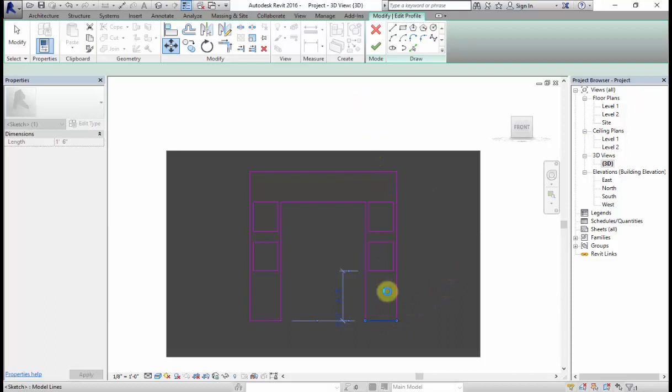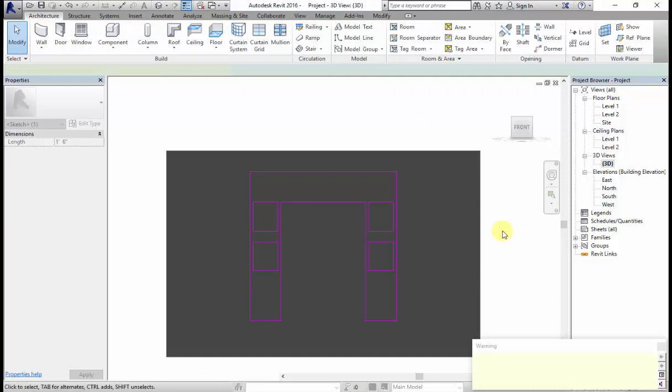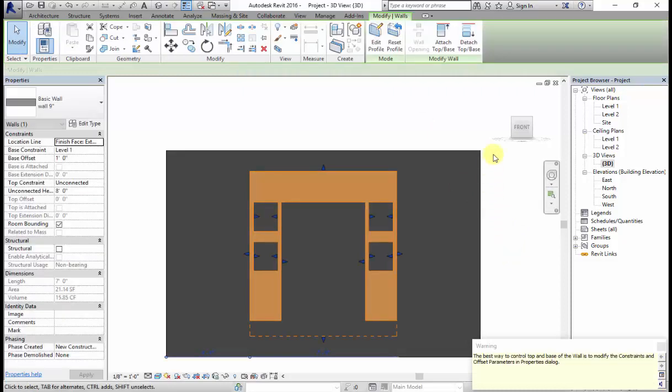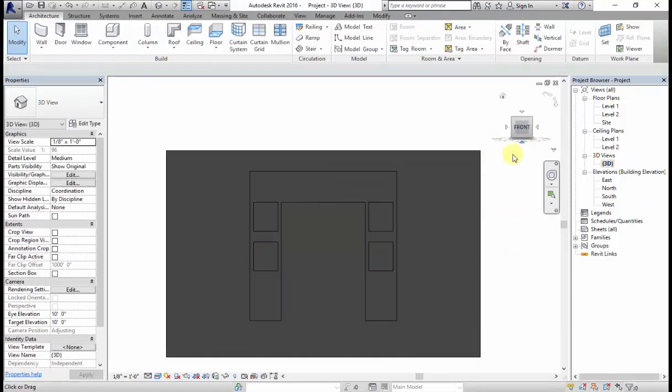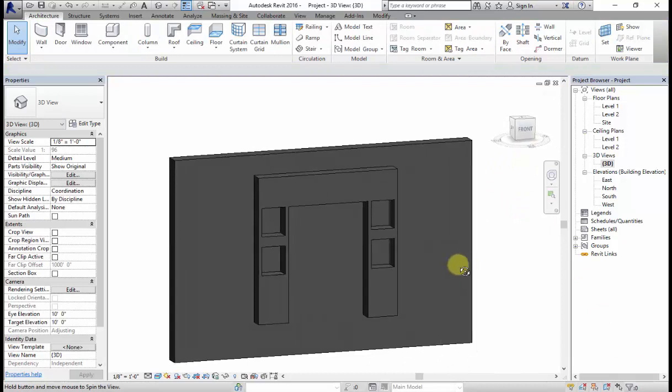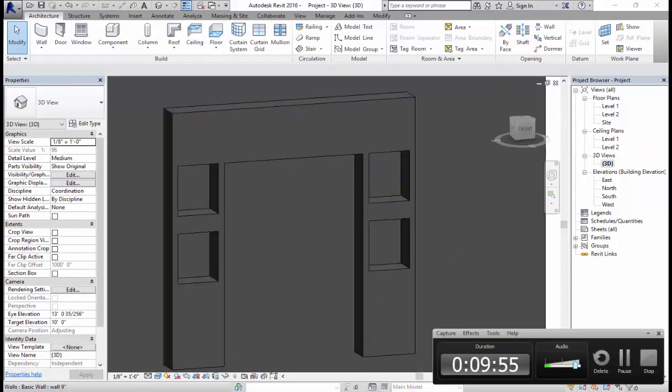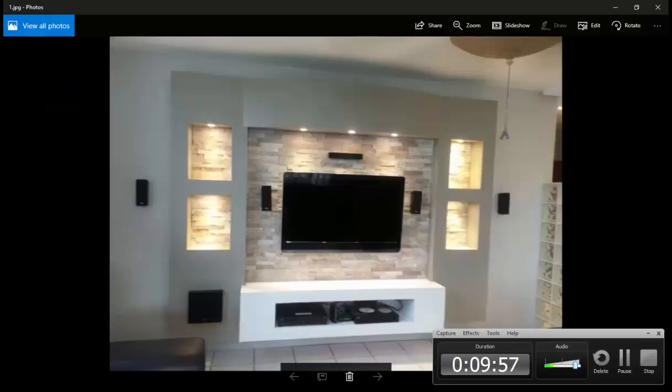So now after you draw this, just click on finish. Now you can see here your design is ready and looking somewhat like this.